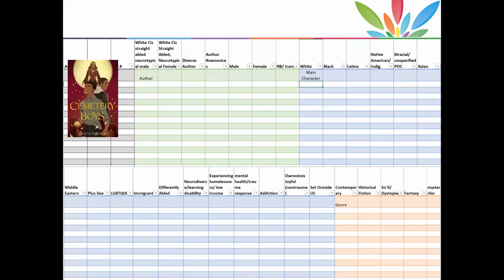So let's walk through auditing a title. You'll see here I have Cemetery Boys by Aiden Thomas. The call number for our book is YTHO in our collection. So going across the sheet from left to right, in the green, I would check mark diverse author because Aiden is Latinx. I would mark own voices, but I want to jump in really quick and say